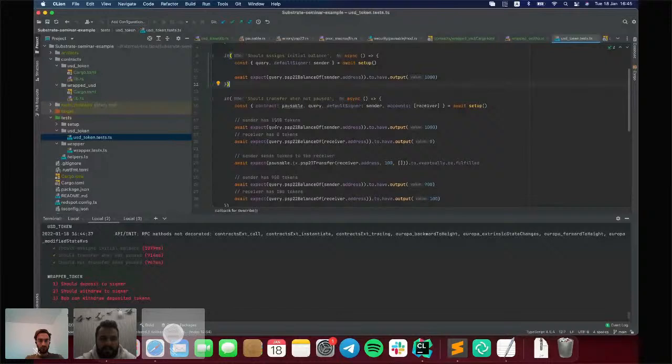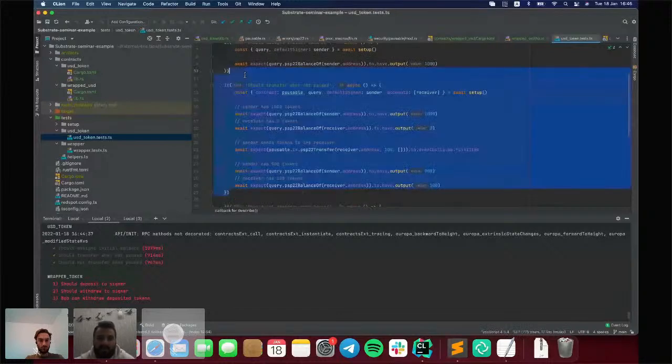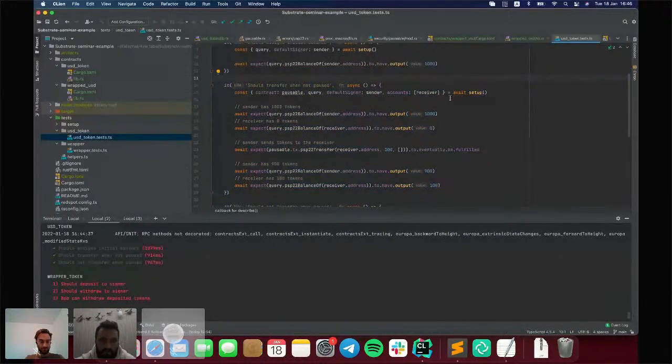The second test verifies that we are able to do a transfer. So we created the same contract. We checked that the balance of the creator is really 1,000. After that we checked that the balance of the receiver account is 0.